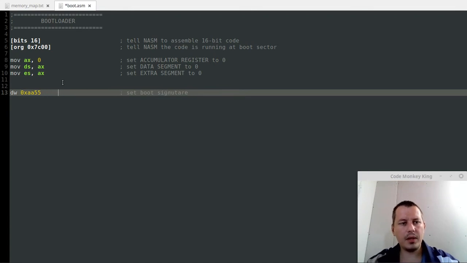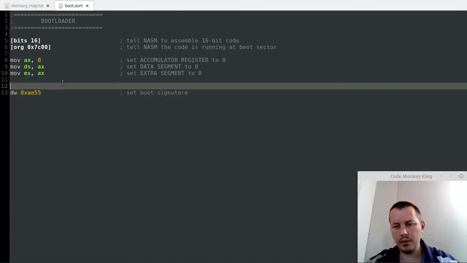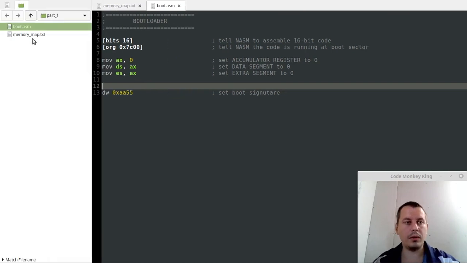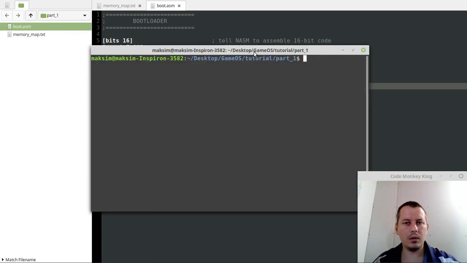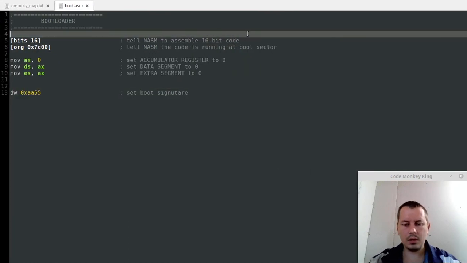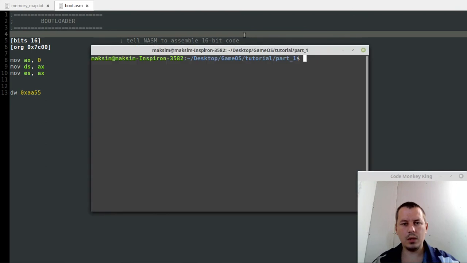In this case, let's actually compile this, so I can give you a visual idea of what's going to happen. Let me open the terminal in the current working directory. To compile this, I need to say nasm -f bin for binary, then boot.asm, -o for the output file,